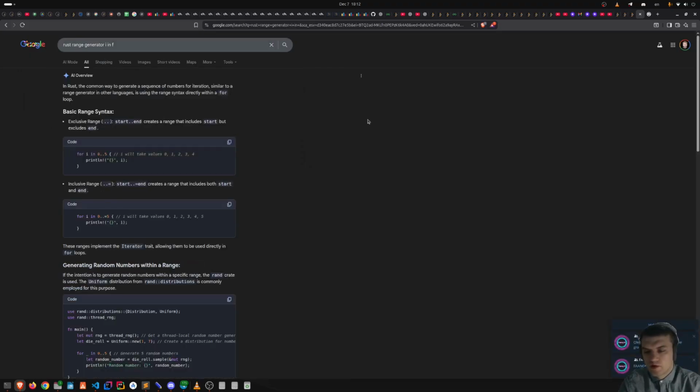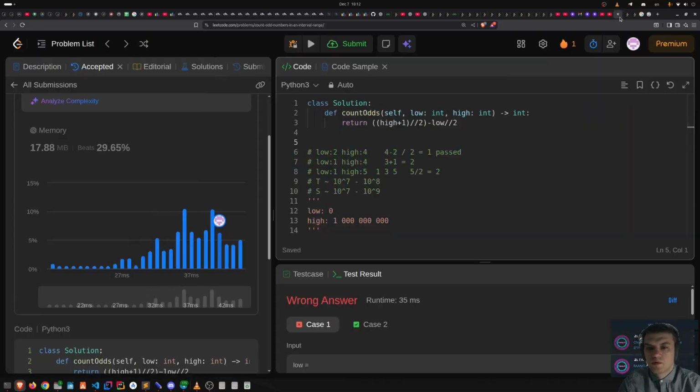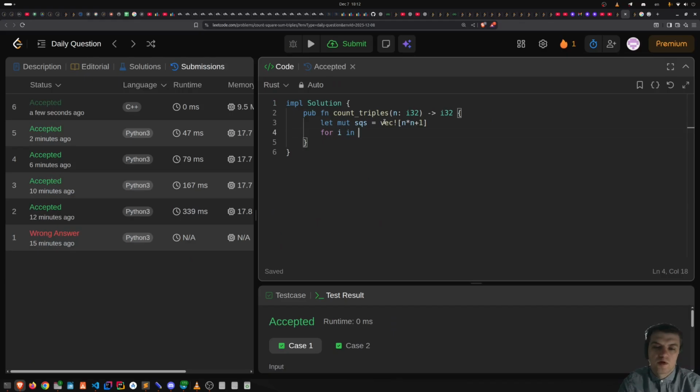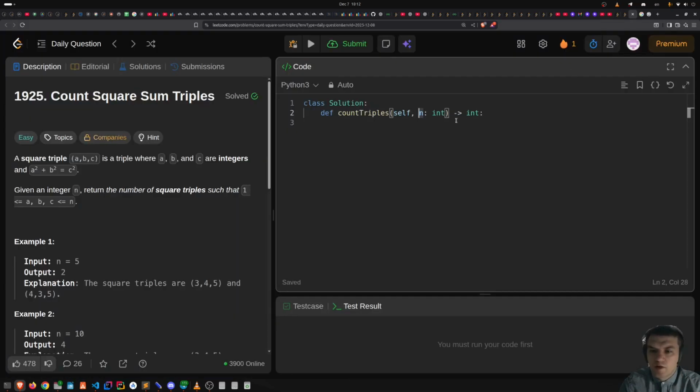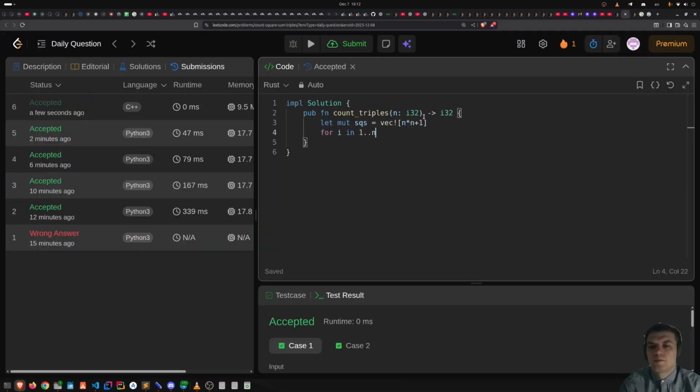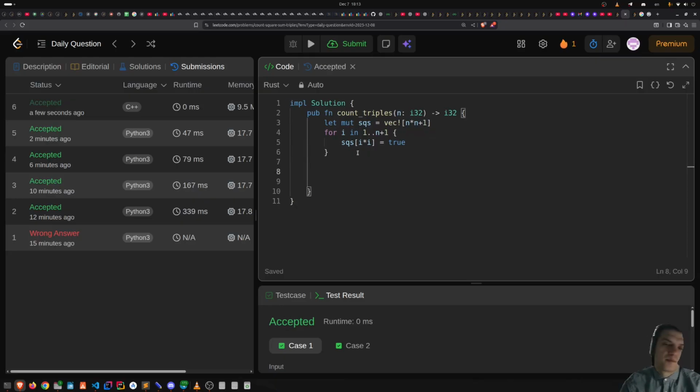Okay, so from 0 to 5. So for i in 1 to n, and I assume, is it including 0, okay, 5, okay, then I'll need n plus 1, and then I'll do sqs, oh no, I'll do something like this, sqs i multiplied by i equals true, and then I want to go